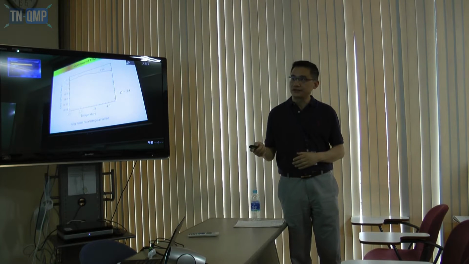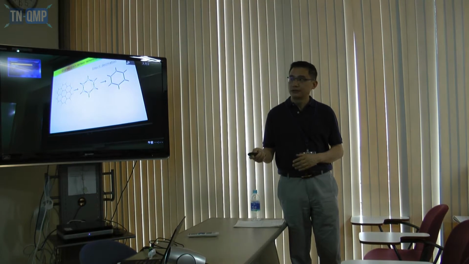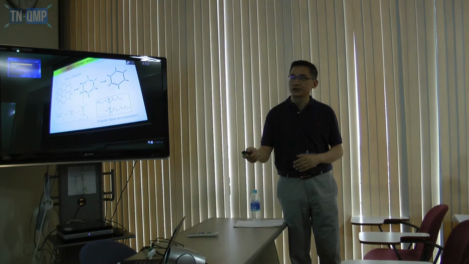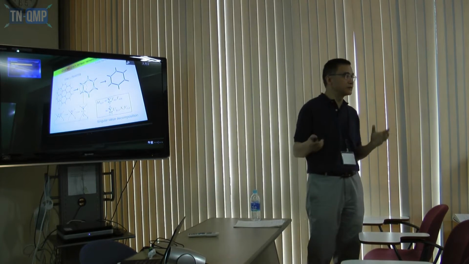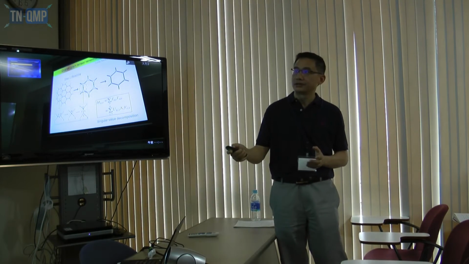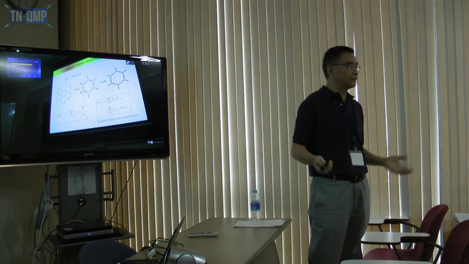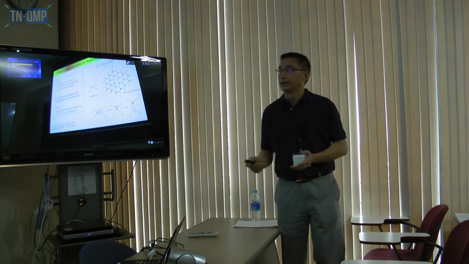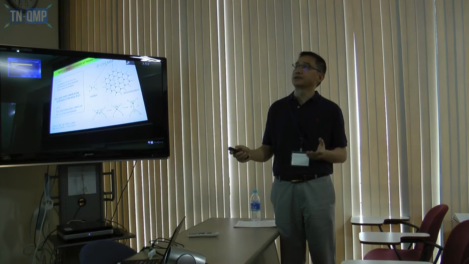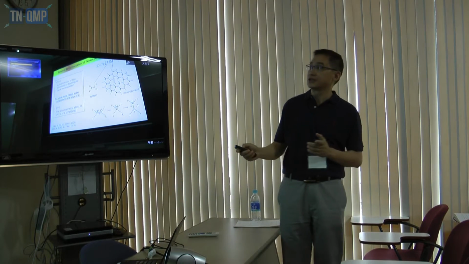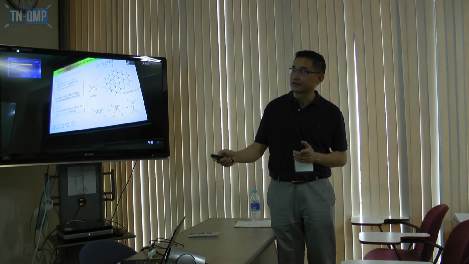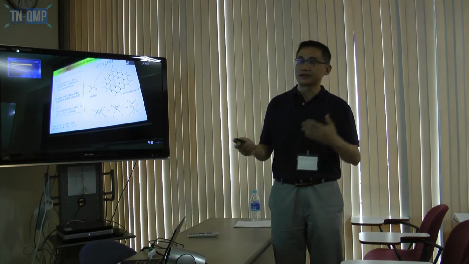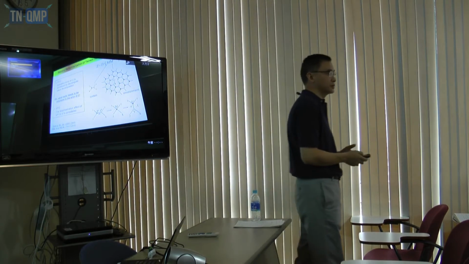Because when we do this kind of calculation, we optimize just these 2 tensors. This is a local tensor, without considering the other tensors' reaction, right? Actually, what we really need to optimize is the partition function, okay? It's not just this local tensor. So the TRG approach I talked about is just a local optimization approach.